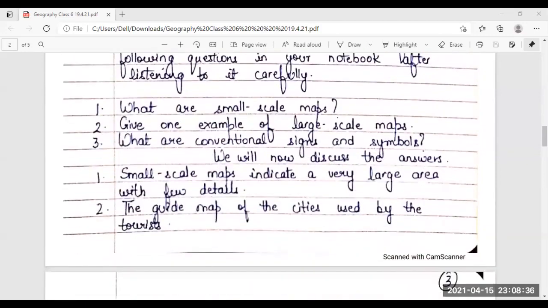We will now discuss the answers. Number 1. Small-scale maps indicate a very large area with few details. Number 2. The guide map of cities used by the tourist.